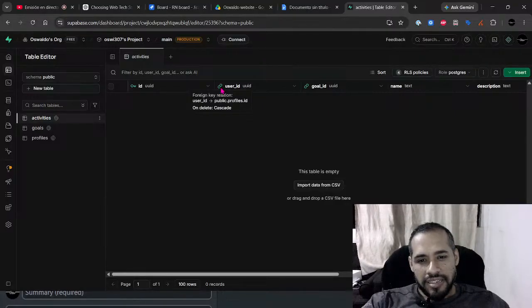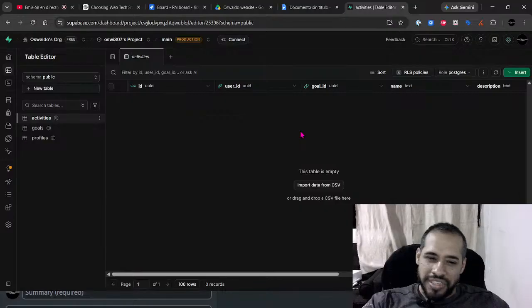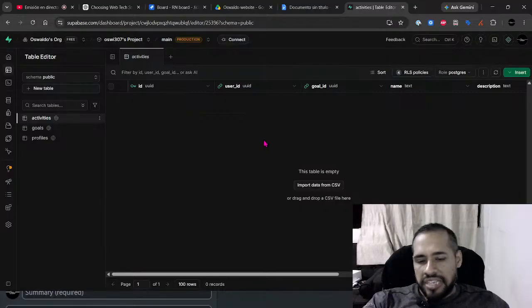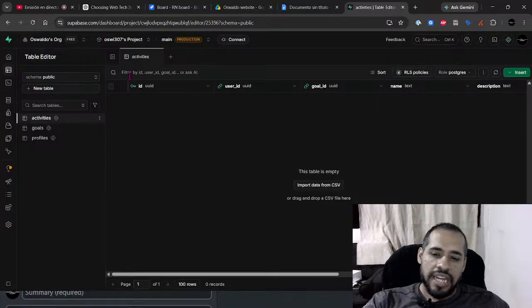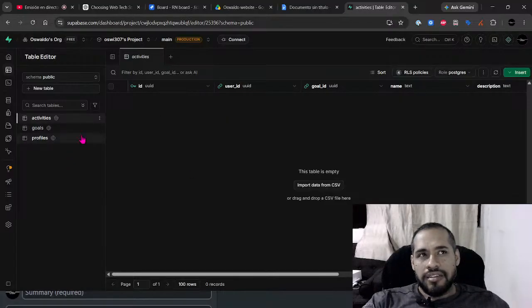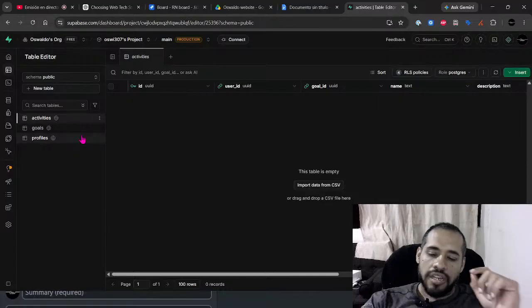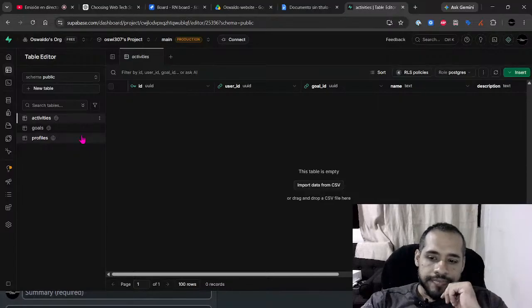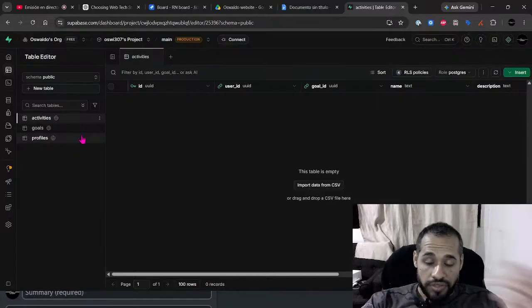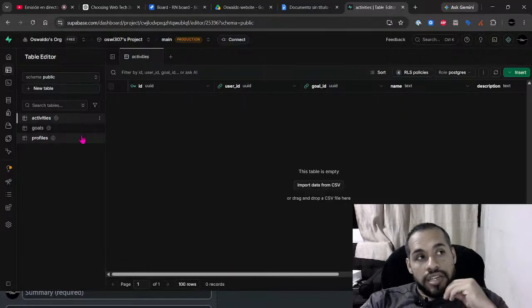I wouldn't say that this is the most efficient thing. It's okay if you want to have user ID here and related to goals, but I would just create a relationship between goals and activities, and then goals to each profile or user.